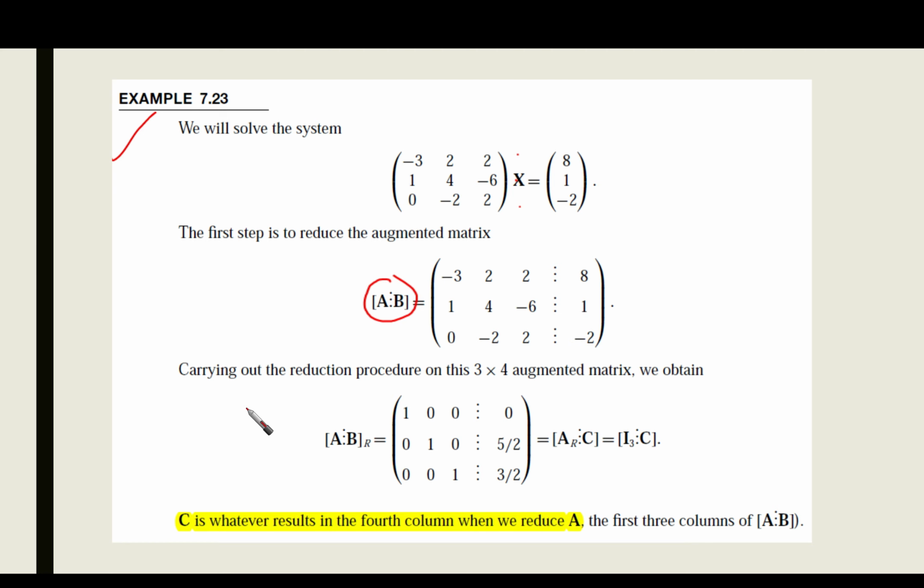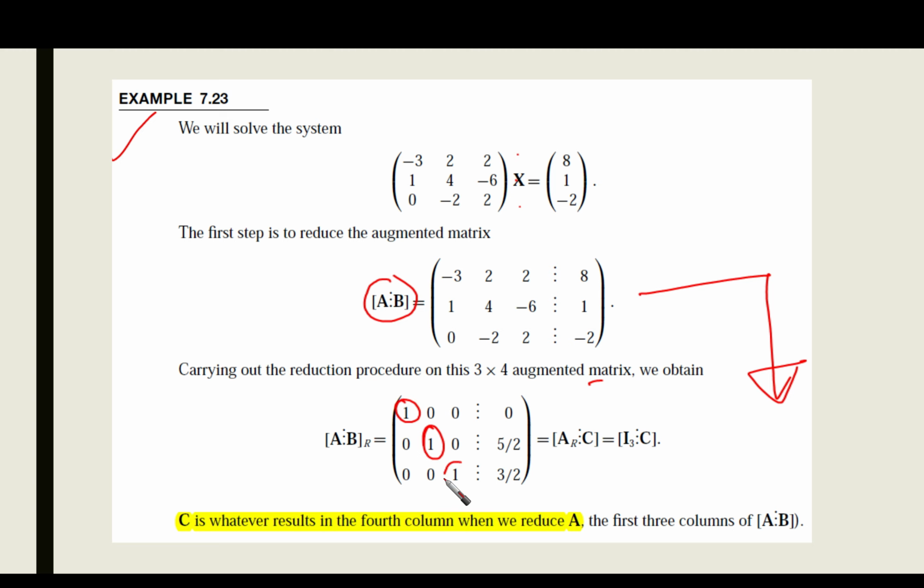After that, we are going to carry out the reduction procedure on the 3 by 4. This is a 3 by 4 augmented matrix. We're going to reduce it. We're going to make a leading entry in each row. So after making the reduction, please do it by yourself and check the results. Then you're going to find that the reduced matrix for this system is going to be, as you can see here,